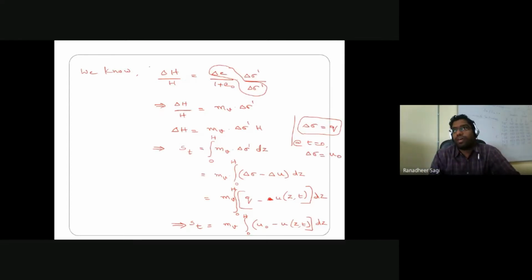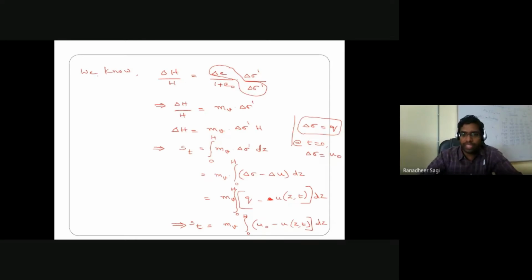If you can recall, when we mention final settlement, what does it mean? When do we come across that final settlement? Whenever time tends to infinity. So after an infinite time, whatever settlement you are going to have in the soil is said to be the final settlement. When I say after infinite time, then how is this excess pore water pressure varying with depth and time? After an infinite time, the excess pore water pressure completely gets dissipated out of the soil sample throughout its depth. We say that excess pore water pressure is equal to 0.